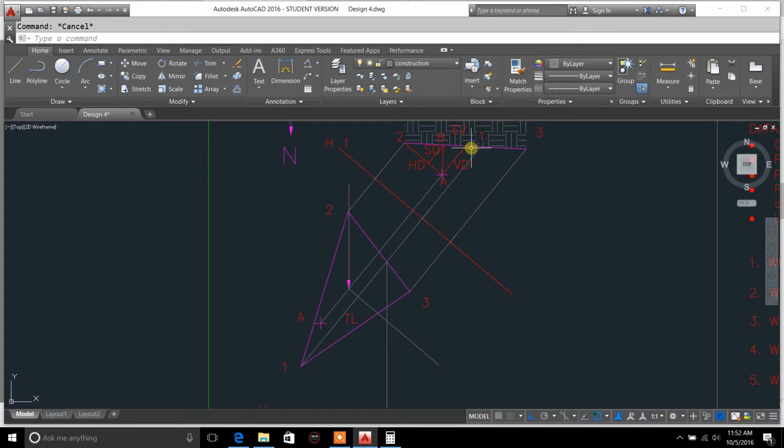Now from your edge view, you have to determine your horizontal distance, your shortest distance, transfer your point A up, and get your vertical distance going. The easiest way to do that is to draw out your horizontal distance first. So you're going to copy this reference plane line because it would be parallel, and you just move the base of it up here to where point 2 is. With that line being longer than the one you see here, you just leave it that length for the time being and draw your point A